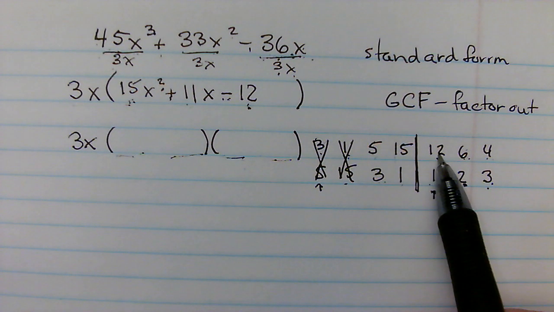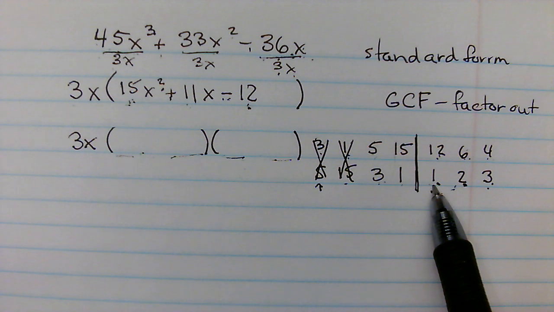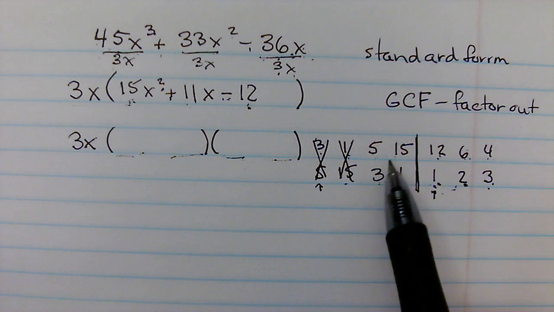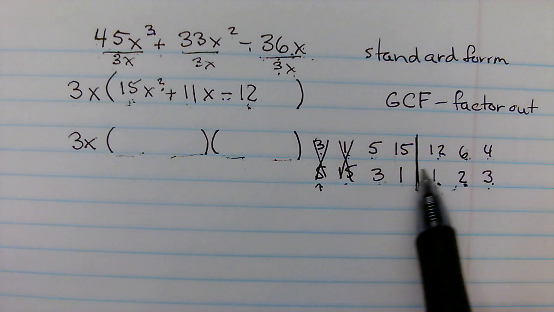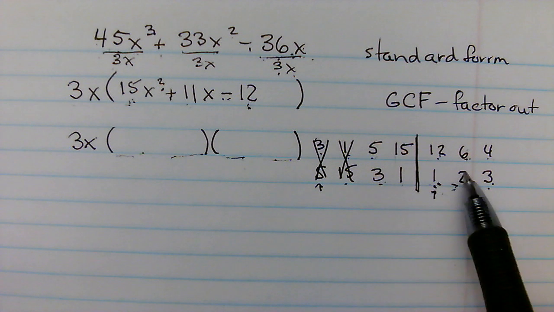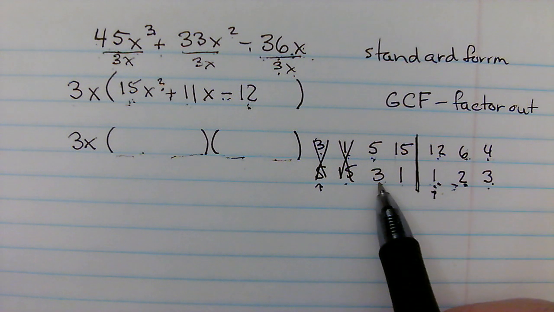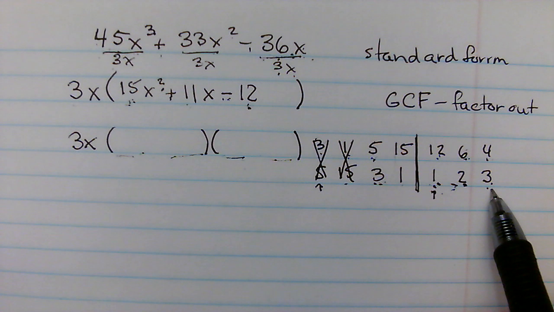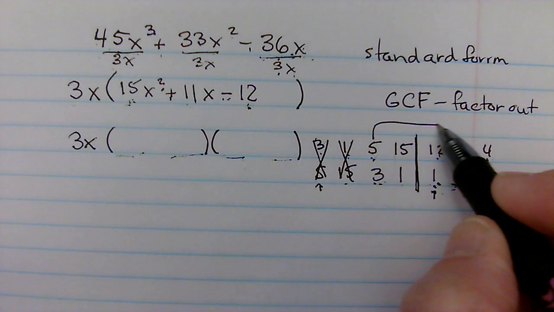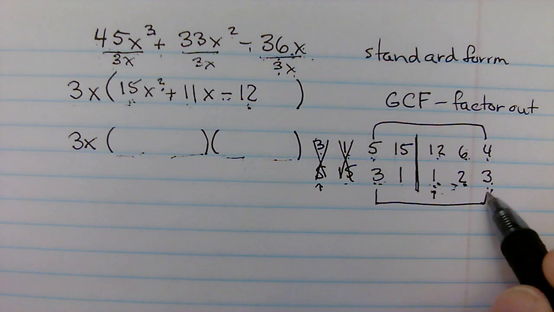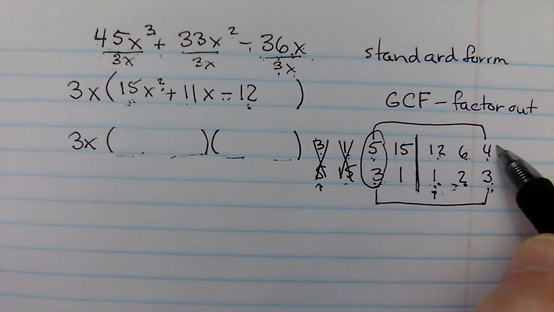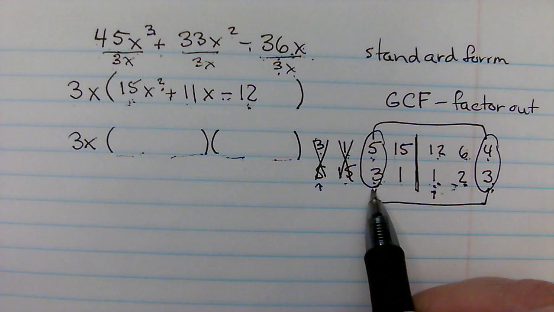5 times 12 is 60, 3 times 1 is 3, 60 minus 3 is not 11. 5 times 6 is 30, 3 times 2 is 6, 30 minus 6 is not 11. 5 times 4 is 20, 3 times 3 is 9, 20 minus 9 is 11. So the two pairs that I need to use in my parentheses are the 5 and the 3 and the